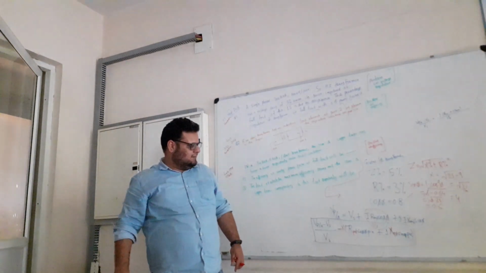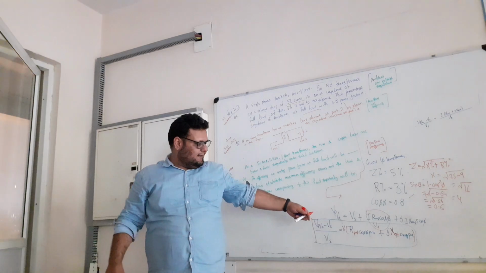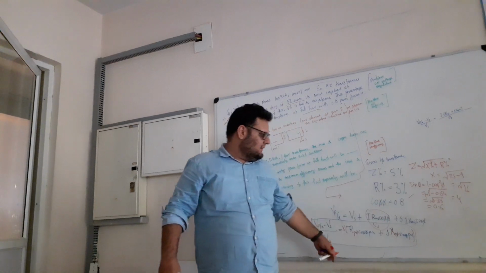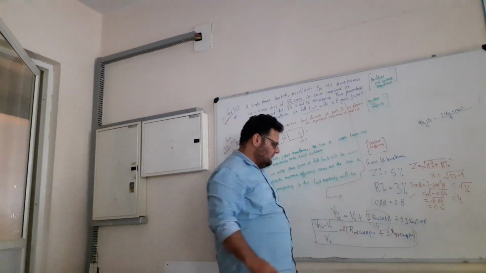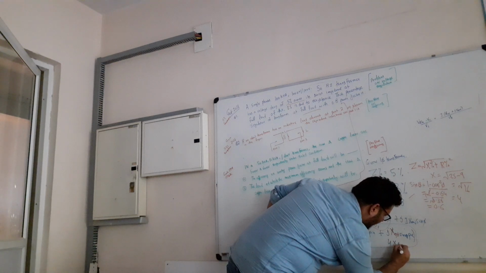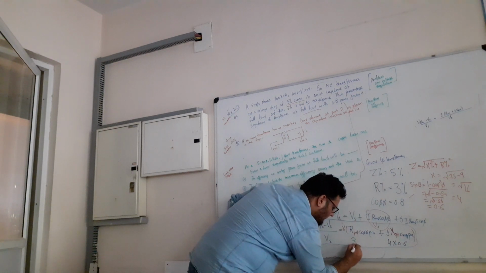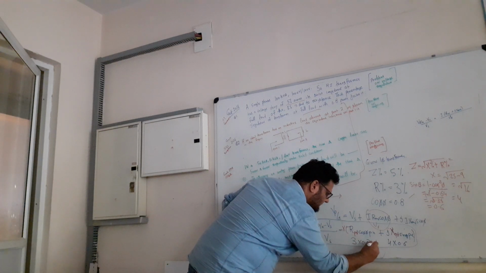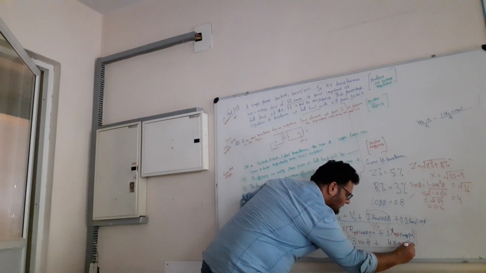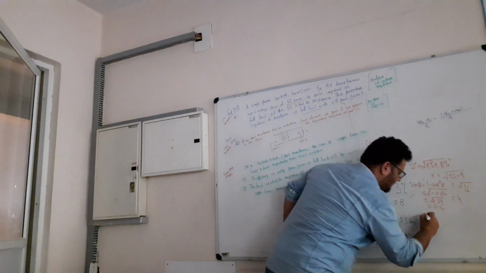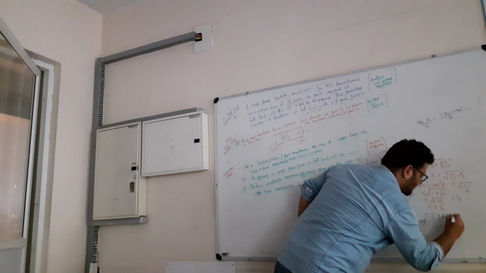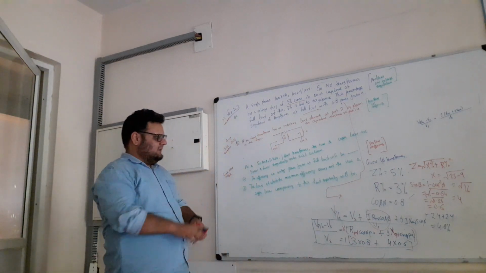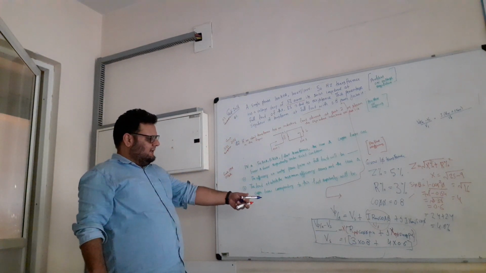Directly you will write 3, cos phi is 0.8, X per unit is 4, and sin phi is 0.6. So 4 into 0.6 is 2.4, and 3 into 0.8 is 2.4. This plus, and this is 1, so we get a value of 2.4 plus 2.4, which is equal to 4.8%. So this problem appeared in the GATE examination, very simple problem, so very easy to remember.